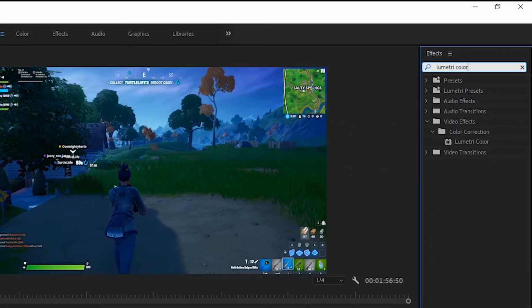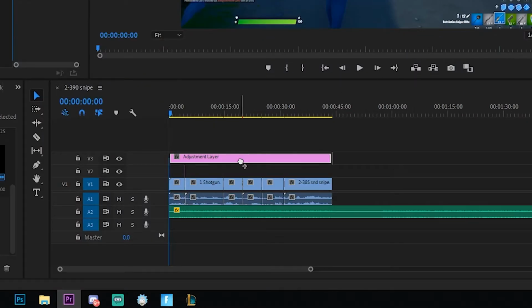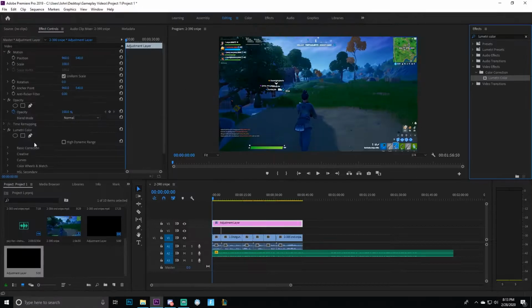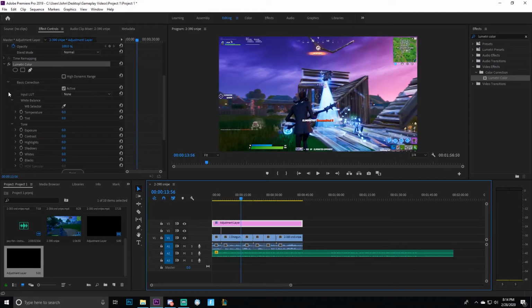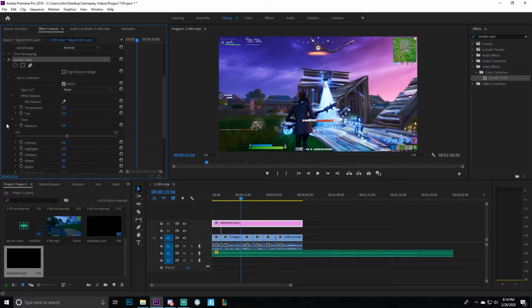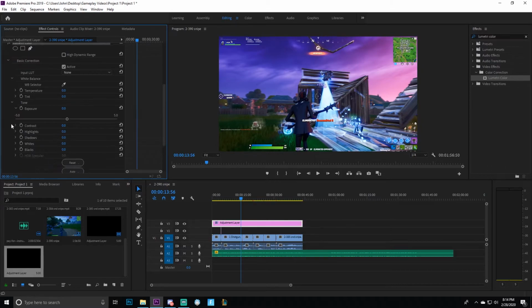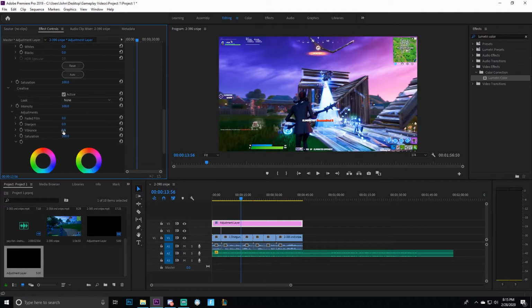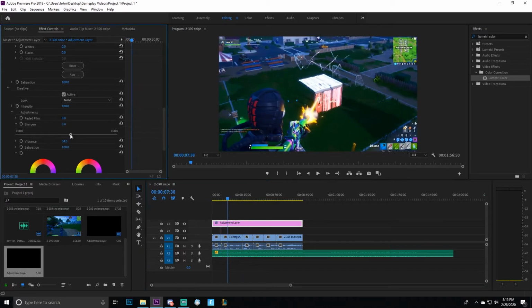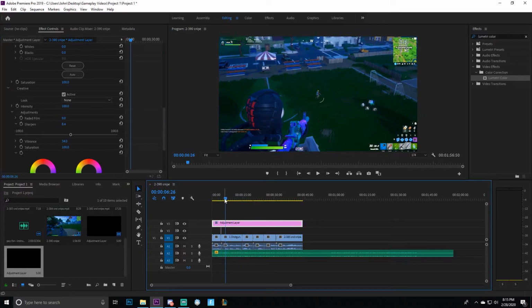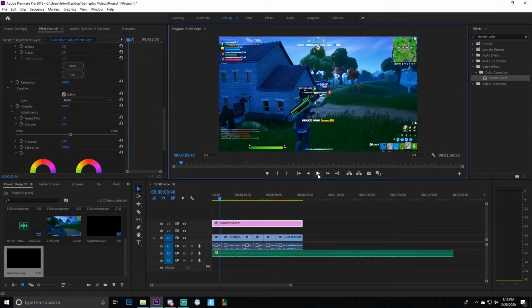Drag the Lumetri color effect onto our adjustment layer. Now from here in the Lumetri color settings, it's entirely up to you how you want to edit and color grade your footage. For me, I like to add a little bit of exposure and contrast. I definitely want to sharpen it up just a little bit to counteract the loss of quality when you're uploading to YouTube and Instagram. And then I usually add a little vibrance for color to bring out some of that